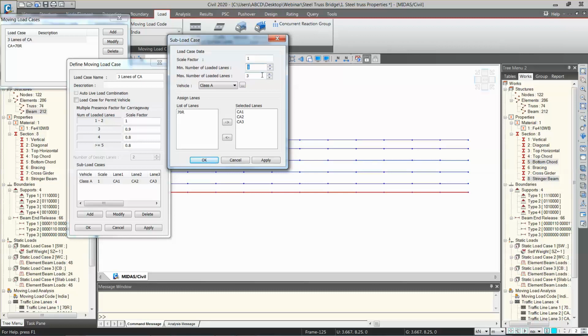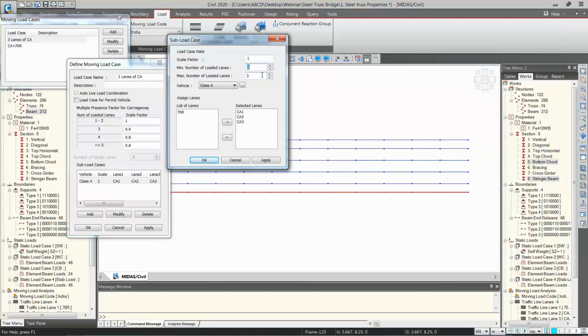So different combinations are there. Accordingly it will generate the envelope of load cases. Usually you will see that the moving load results would be of envelope type, either maximum, minimum or all. So how are these maximum and minimum results calculated, from which data?